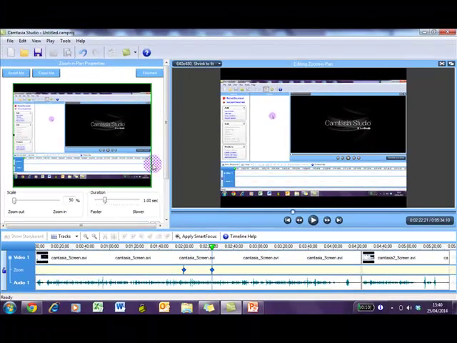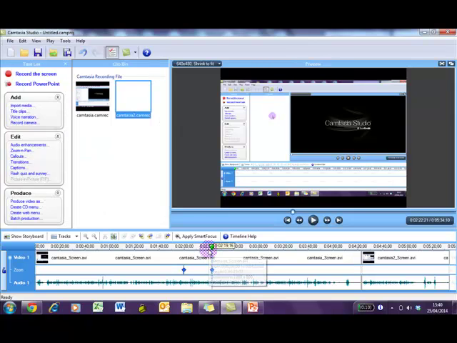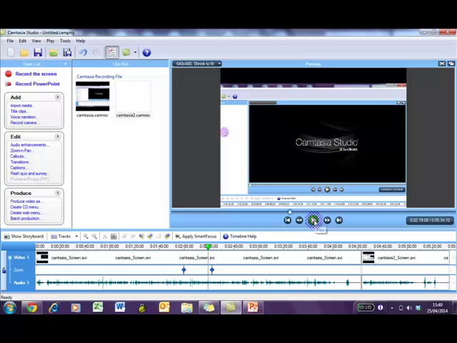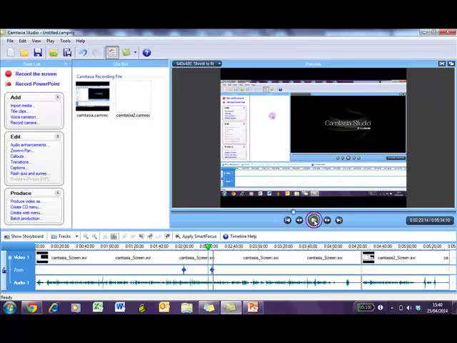So you can see the green line is around the whole of the screen. So if I just go just before that, you'll see now that it's going to zoom out. There you go. As I said, it's better to add those in manually yourself than let Camtasia make those decisions